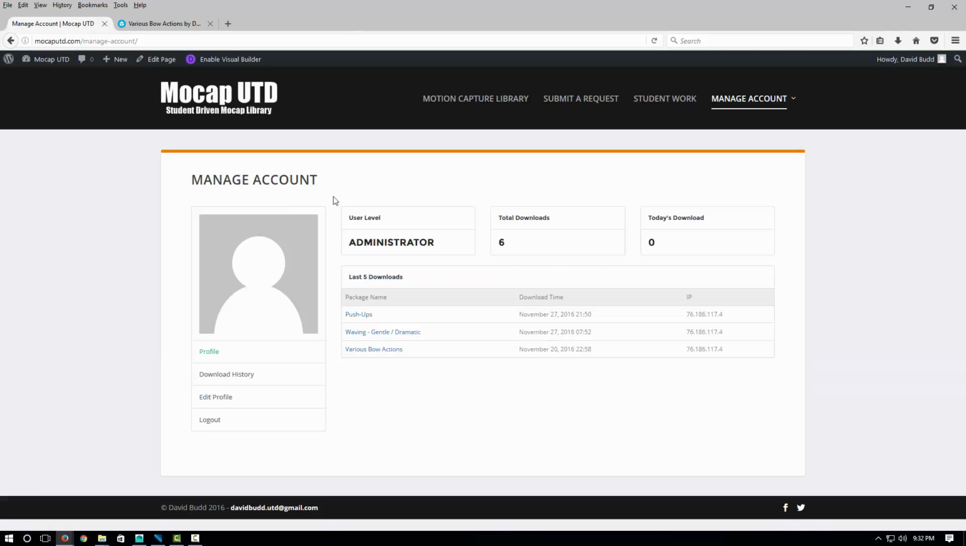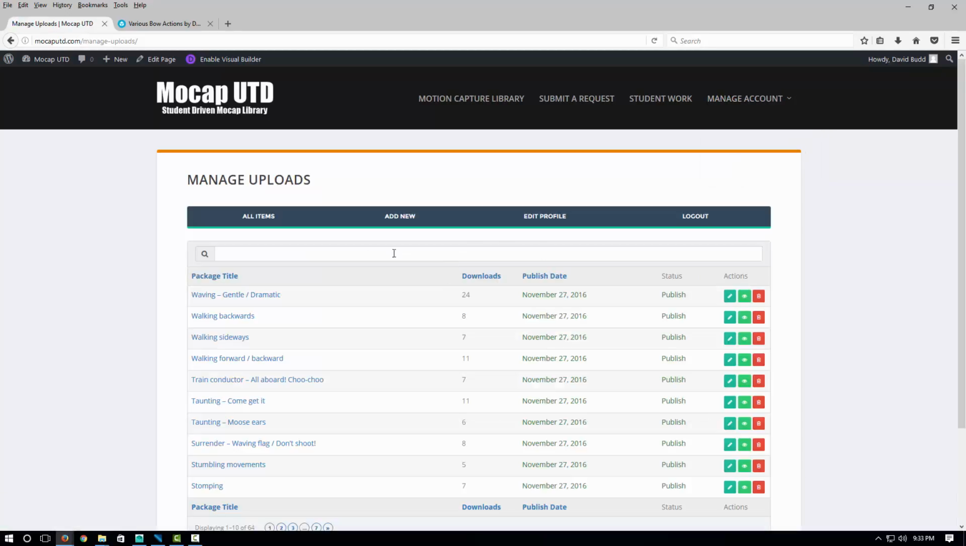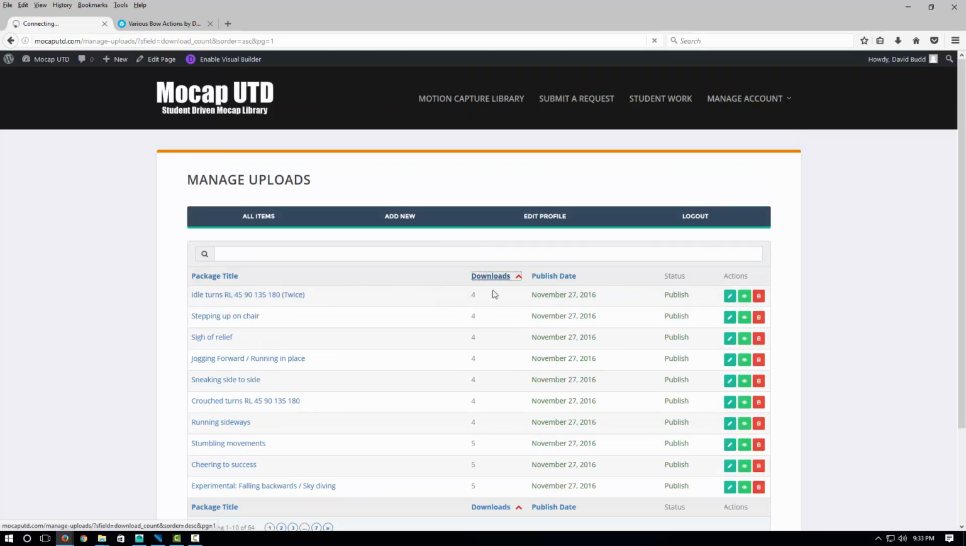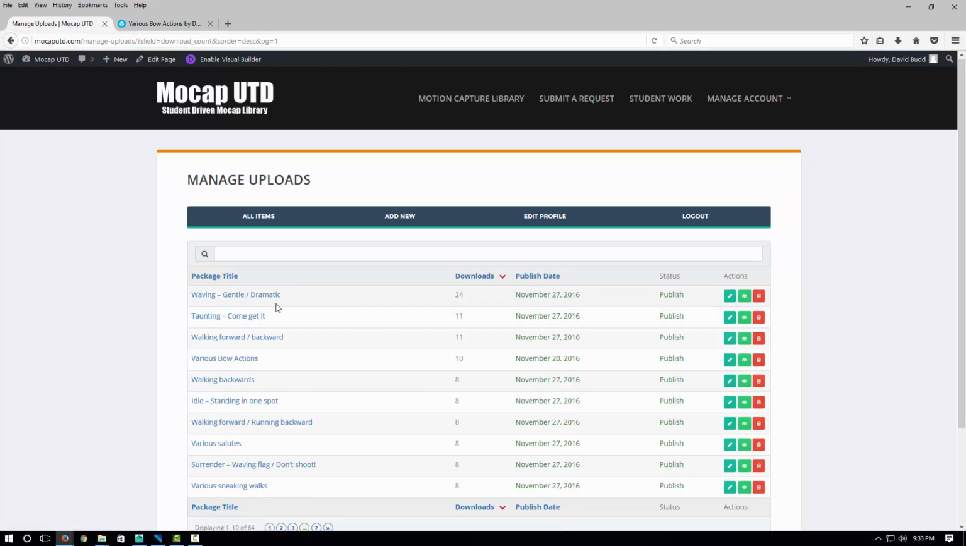And by default, anyone who registers on the website is going to be able to see their downloads, edit their profile, and see what level they're at. So if we hover over Manage Account again and go to Manage Uploads, we'll actually be able to see the files that we've previously uploaded, sort it based on popularity, see what's being more effective, and see the status of our posts as well as when we've actually published them. For our instance, we're going to be adding a new one,